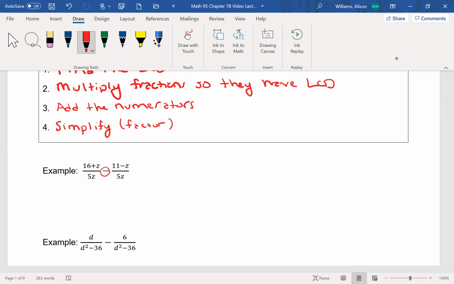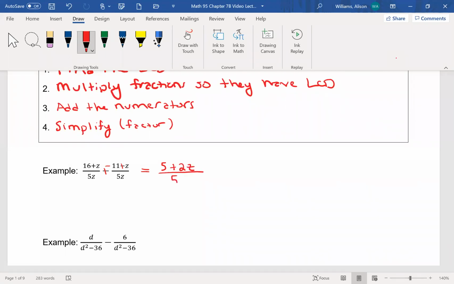The way I do that is I automatically change this into a plus sign, and then I change the signs of the terms in the numerator. So I'm going to make this a negative 11 and a positive z. And now I'm going to add the two numerators together. So 16 minus 11 is going to come out to 5, and then z plus z is going to be 2z